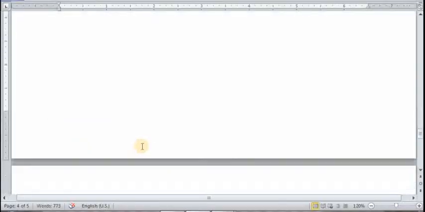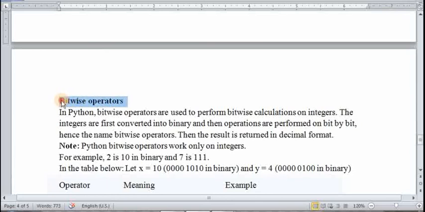The next type of operators are bitwise operators. Bitwise operators are not easy to understand, so to understand them you have to learn many more things. I will tell you more about bitwise operators, and the necessary things to understand them, in the next part. That will be Python operators part 2.